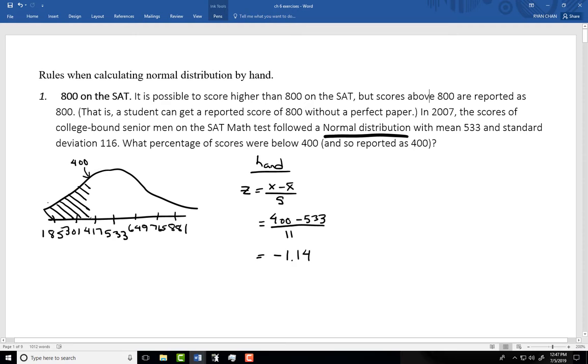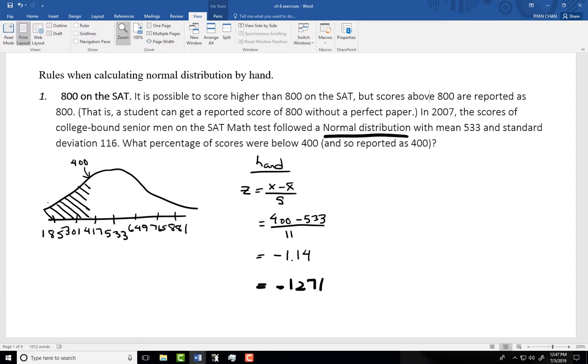And I get 0.1271, and that will be my final answer. Okay. Now, just kind of a recap, if you don't like this method,